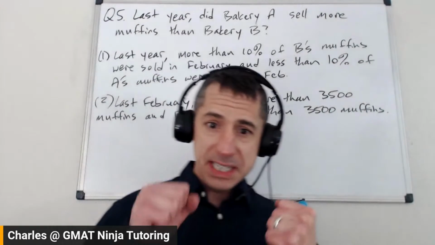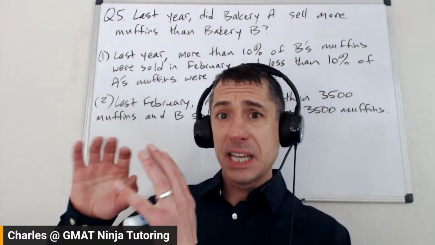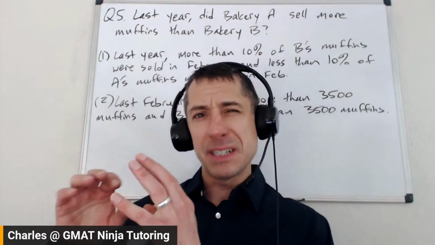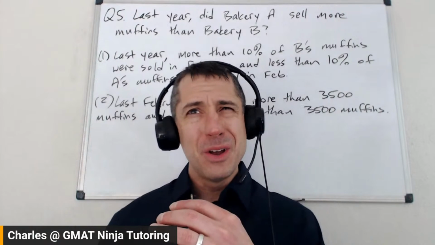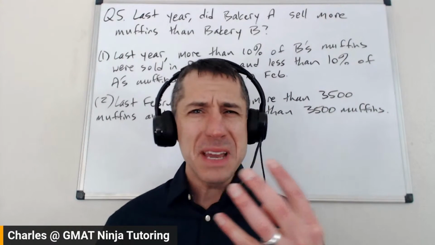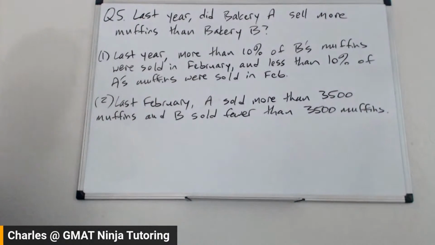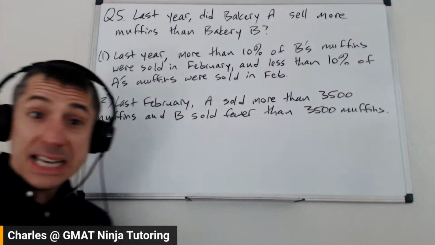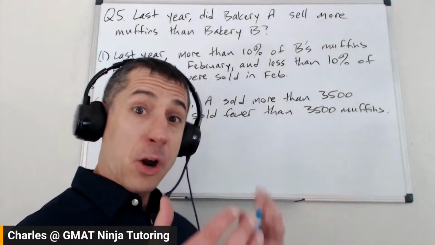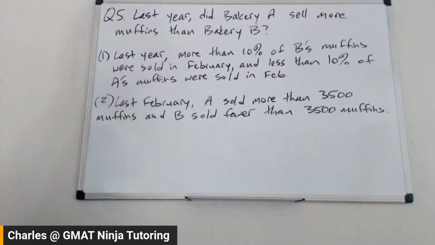This is what the tougher end of data sufficiency can feel like. Even problem solving to some degree has this feel where it's like, what am I even reading and why, right? You're going to get a lot of that on data insights where it's like, what the bleep am I reading here? Okay, last year did bakery A sell more muffins than bakery B? Fine. Nothing I can even do there. No translations. So I harp on that a lot with data sufficiency. Not much I can do here.